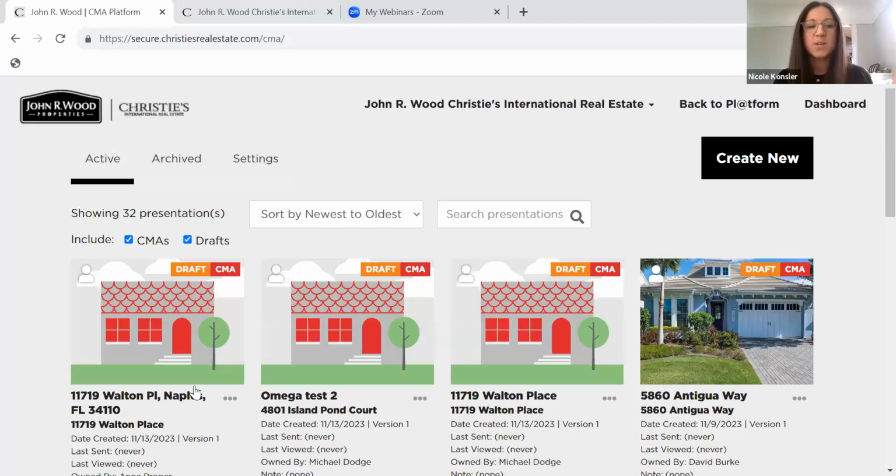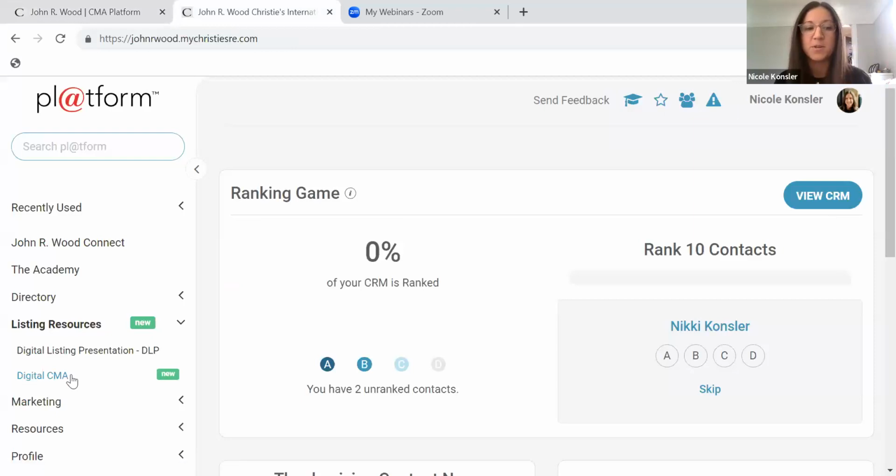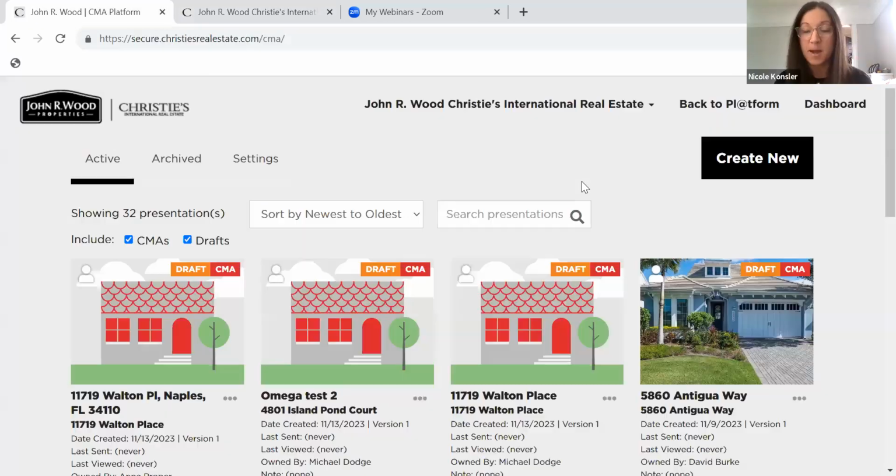All right, so when you're on platform, you can go ahead and click here where it says digital CMA. When you click on digital CMA, it's going to open up into this tab where I'm at right now, which is going to be your CMA dashboard. So for those of you on this call, no one has created a CMA yet. So when you get to this screen, it's going to be blank and say, hey, click create new to get